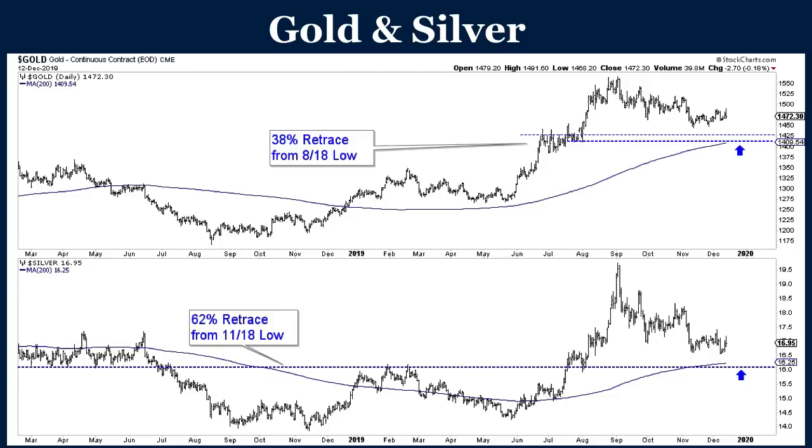And for silver, we see something fairly similar in that the 200-day moving average for silver is at 1625. If we're looking at just the pure price action, the $16 level has been very important over the last 4 years. So, I mean, that's pretty close to the 200-day. And then the 62% retracement from the 2018 low, that comes in just above 1600. So, long story short,